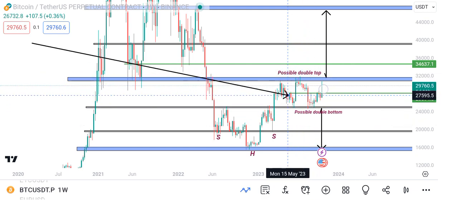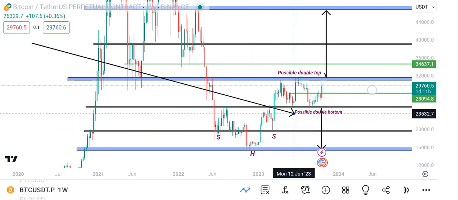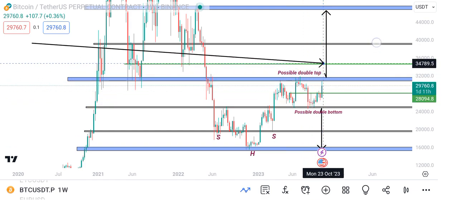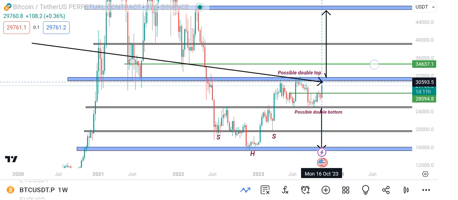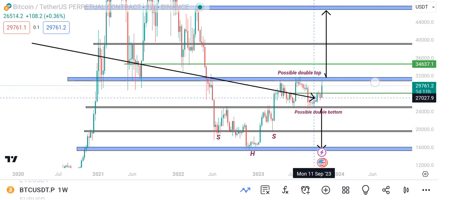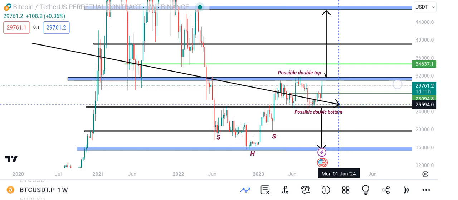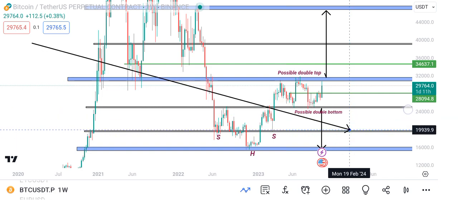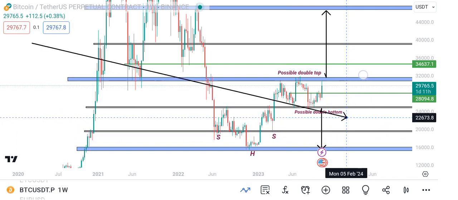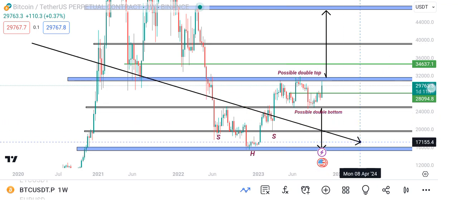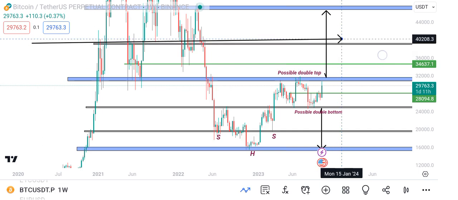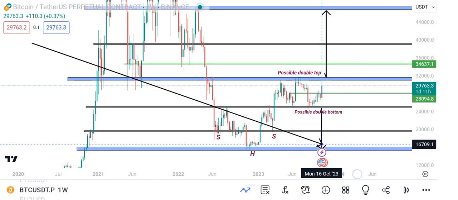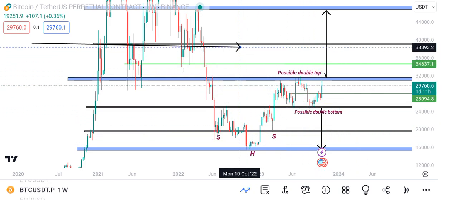So we can now wait for either the strength of this inverse head and shoulder pattern and the strength of this double bottom to hold the market and then break to the upside, pull back, and then continue moving up. Or the market can decide to come, break below here, pull back into this minor zone, and then fall down to around $16,000 per coin. My first level target is going to be around here, around $20,000 per coin, as you can see here. So BTC's next move is either $47,000 or $16,000, but there's a high chance it's going to